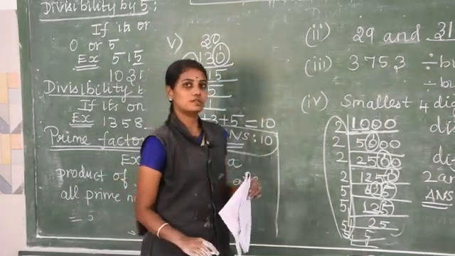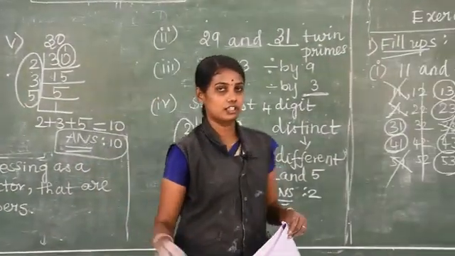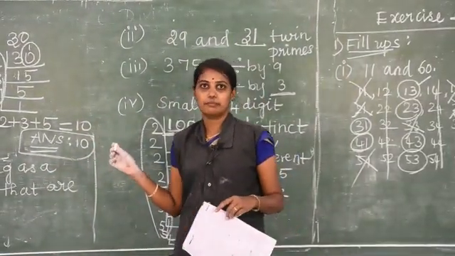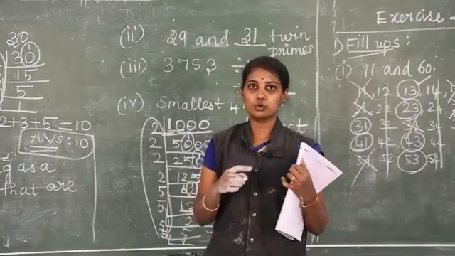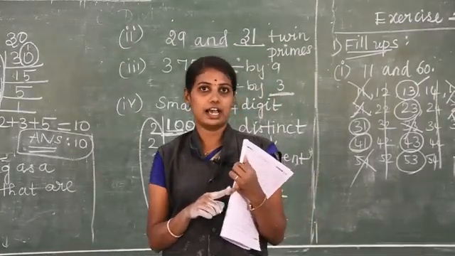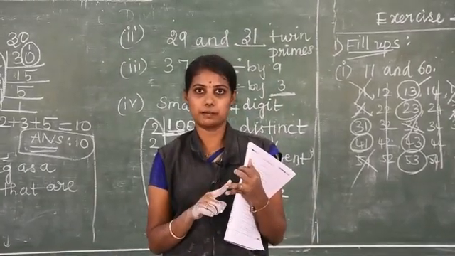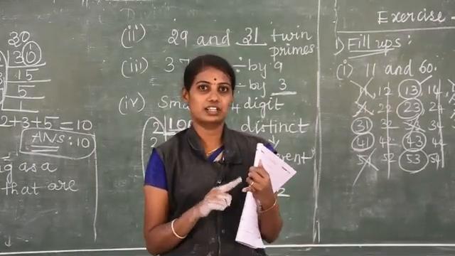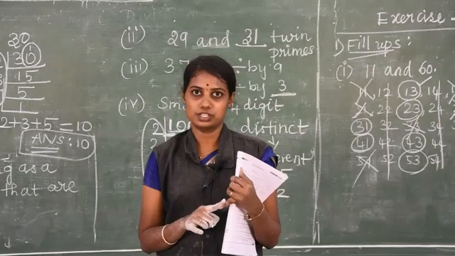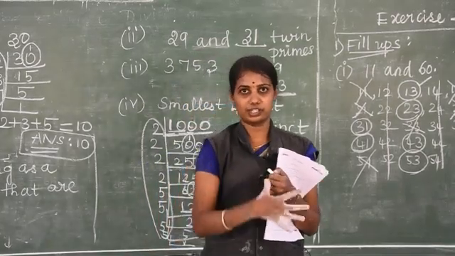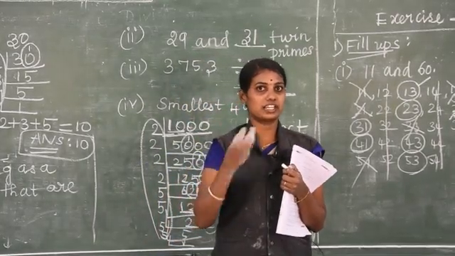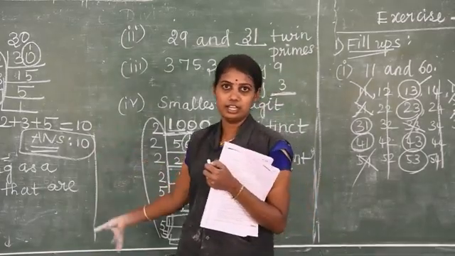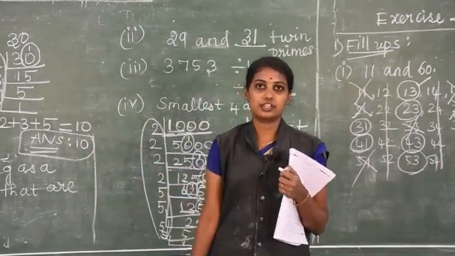So the remaining problems we will see in the next class. Question number 1 is over. Make sure to memorize the rules of divisibility and prime numbers, composite numbers, very important. You must know the prime numbers, try to memorize them. Okay, very easy, you can understand the concept. If you memorize, it will be very useful when applying the division method. Thank you dear students.